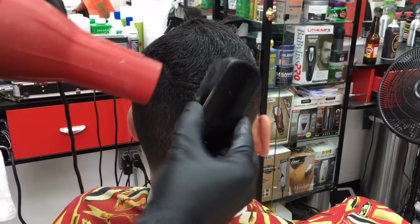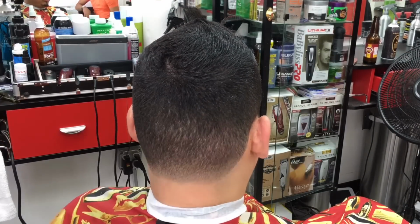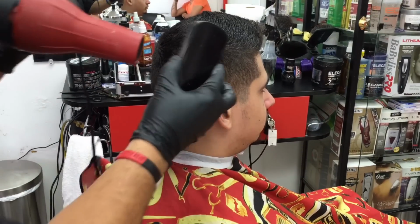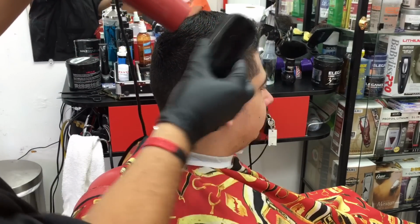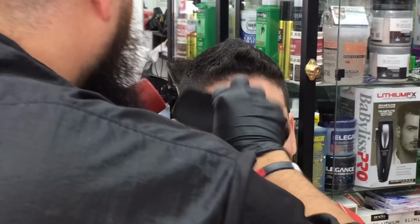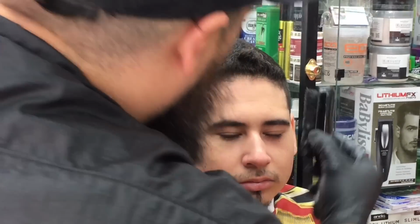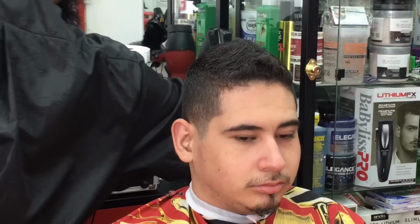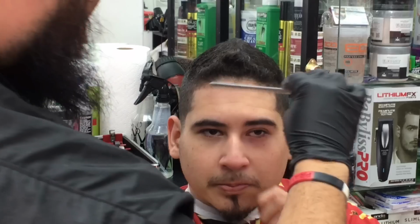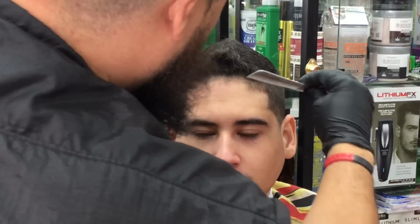Right here, I'm using the blow dryer. I already blow dried the top and the side. Look at how it looks, really nice. It's taking a style. Then in the front, lift it up, right? And then the hairs in the front where you're gonna be doing the box out, I'm gonna show you right now what I do. I get the comb and I put those little hairs from the front and push them